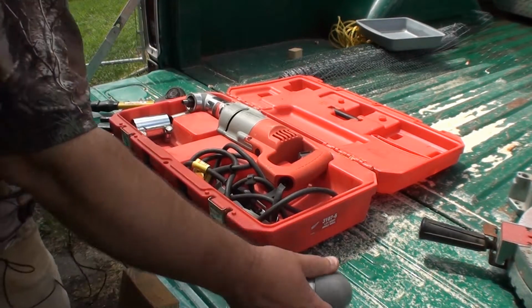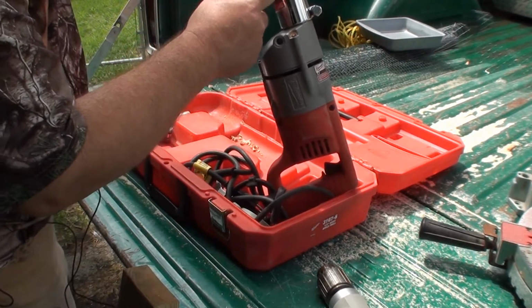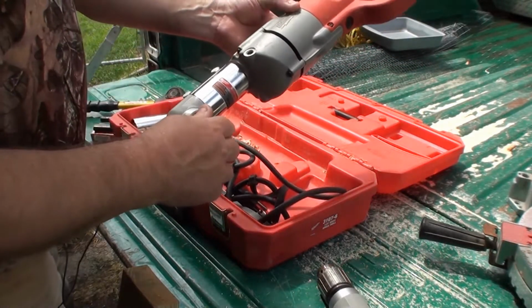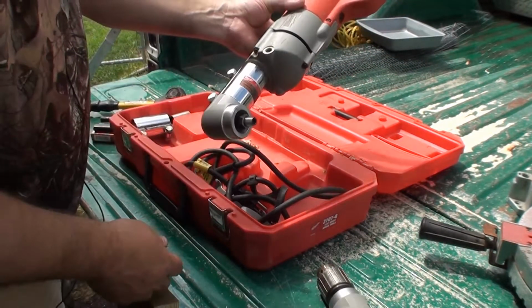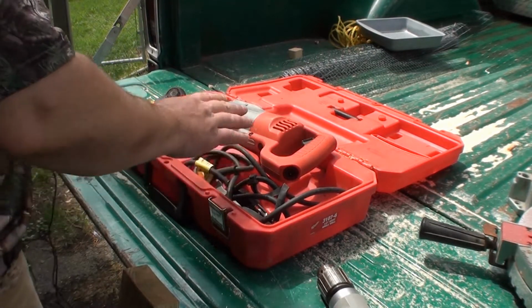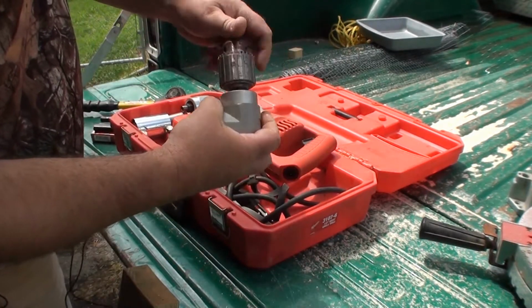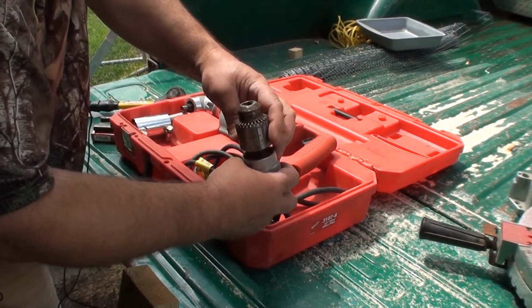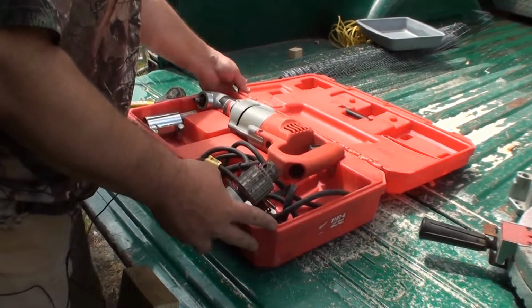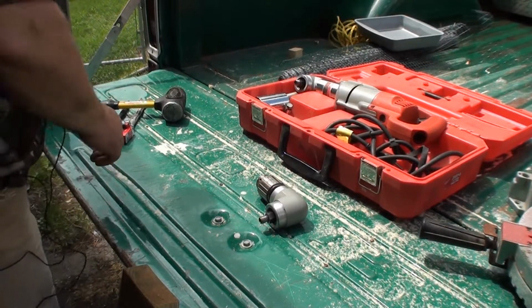He ordered a new adapter from Milwaukee. It came with a right angle adapter, a new collar, $180. What a freaking ripoff. You could have bought the whole new drill for close to that amount. But anyway, right now he's got a good working unit because he borrowed mine. So you better not break mine. So what we're gonna do is get this chuck off of here and get my drill back. So tools required for this highly technical fix is a beer, cigarettes,